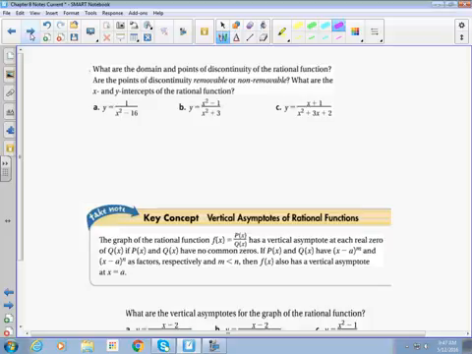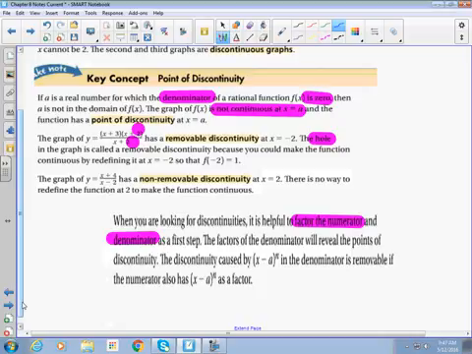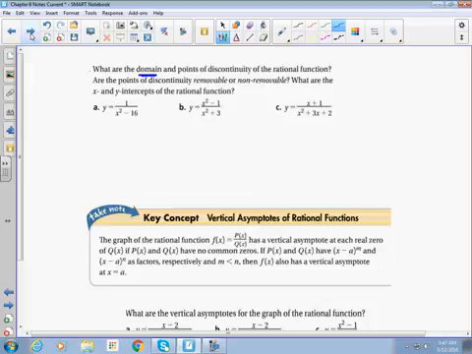All right, so if we take a look, the first step that they suggest for us to do is to factor the numerator and denominator, so we're going to go ahead and do that. If I have 1 in the numerator, I can't factor that. But if I take the denominator here, x squared minus 16 is the difference of squares, so that can be factored to x minus 4 and x plus 4. We don't have anything canceling out on the top, so it is not a removable point of discontinuity. We just say that x equals 4 and x equals negative 4